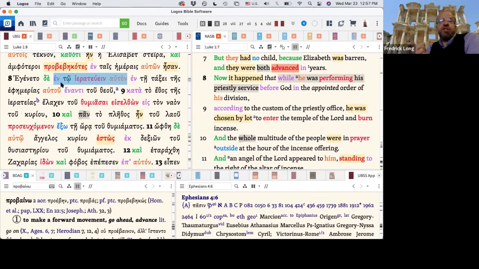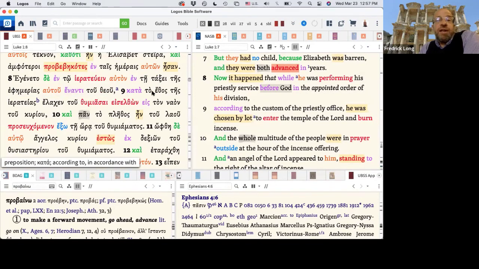So it's preposition, article, always in that order. Then you have some flexibility: infinitive and accusative case subject. And then sometimes you might have an accusative case object, and usually the object is going to be furthest away. So sometimes we have to ask what's the subject, what's the object. So basically we're just getting prepositional phrases with genitive modifiers, another prepositional phrase with genitive modifiers, and then we get to the main verb, egeneto, with the infinitive construction.